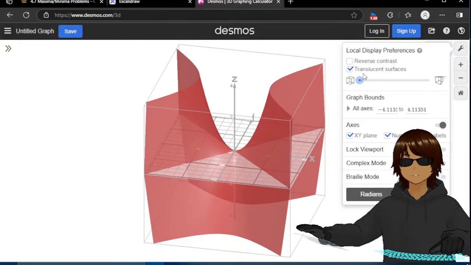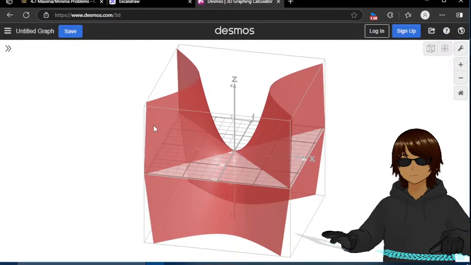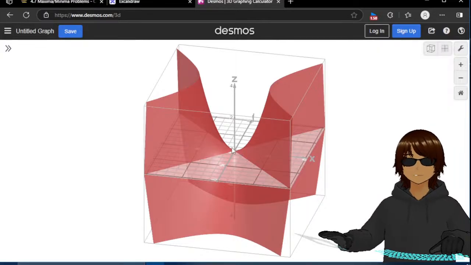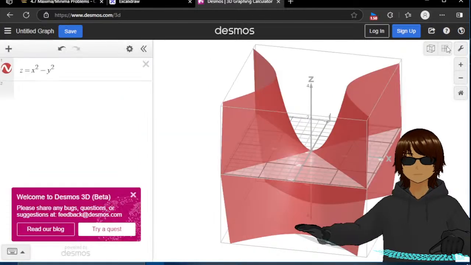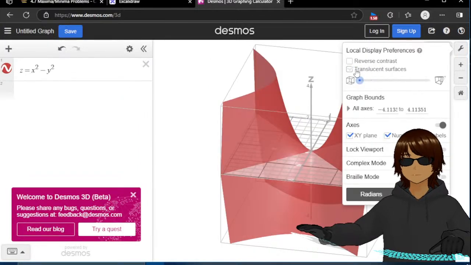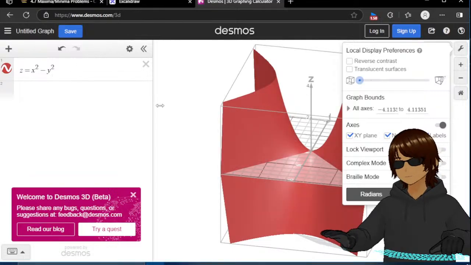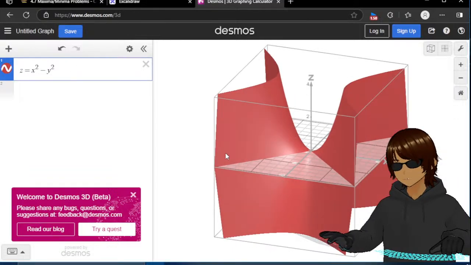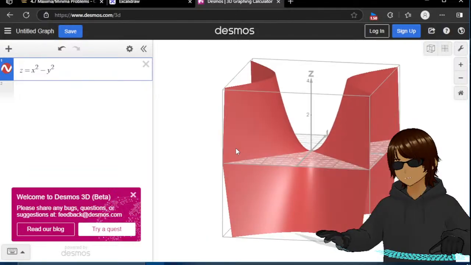Can I determine how translucent? Okay. And that was so laggy. Anyways,